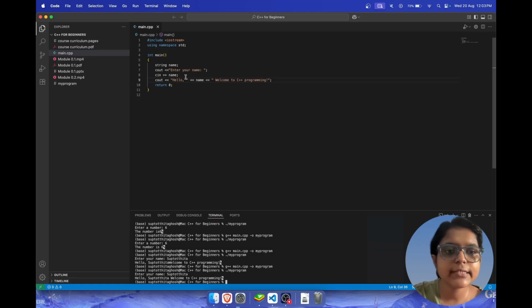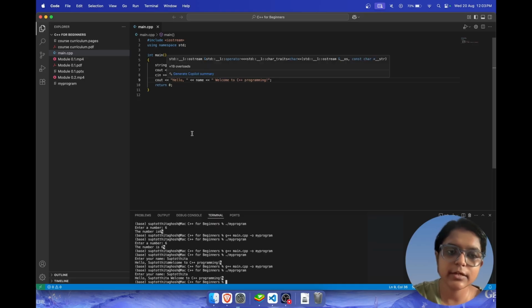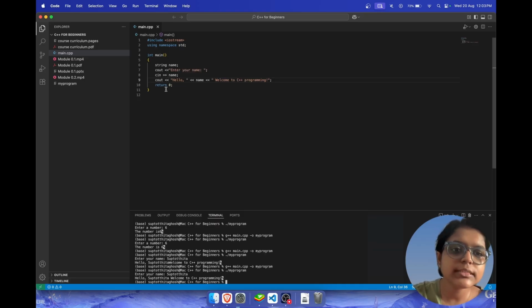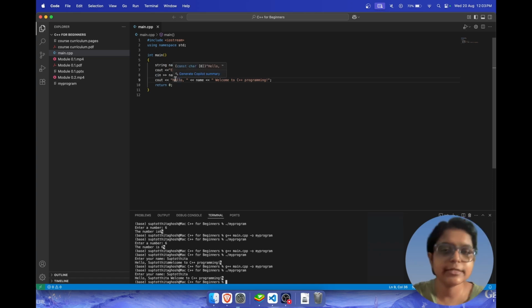Okay, then we learned how to use cout and cin. Cout is something we had used previously. Cin is something we learned today. And you can see here, cin and cout actually use opposite symbols. Cout uses the less than symbol, and cin uses the greater than symbol. So you got to remember this. And yeah, we also briefly talked about string and int.